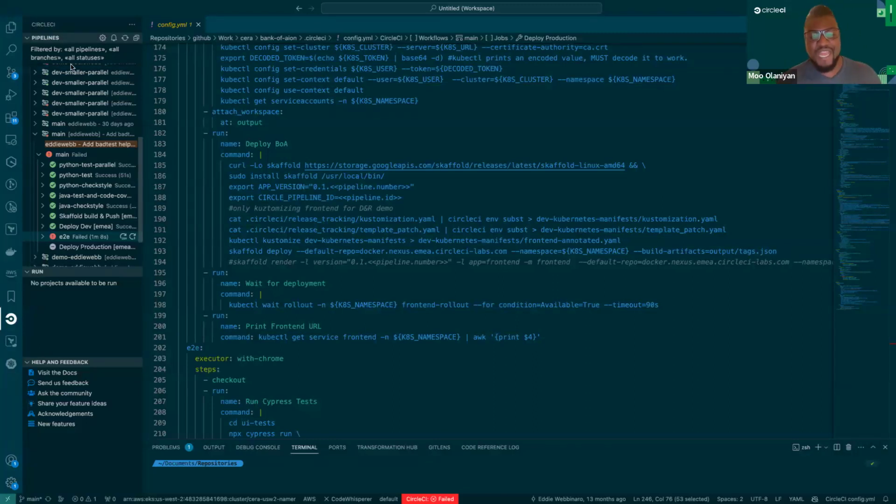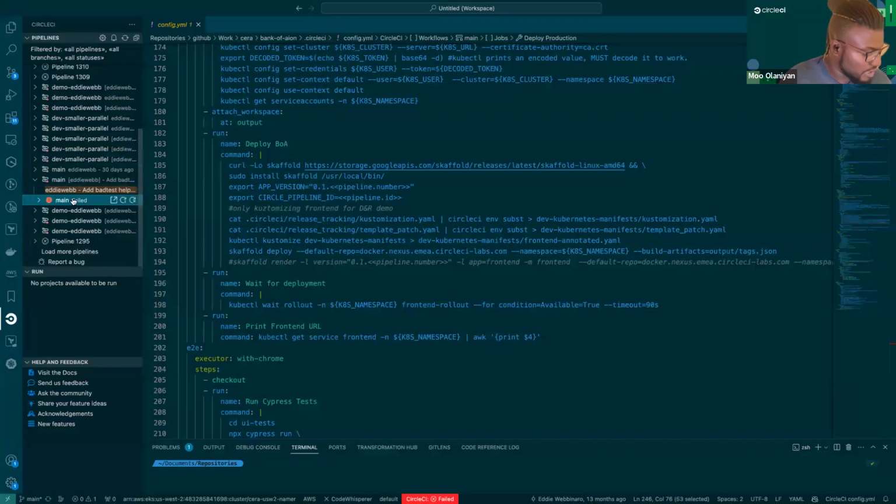And so what the plugin does is it analyzes all the CircleCI workflows, and every time a commit is made, we can actually see those workflows kick off and execute in real time in this panel on the left. So I'm going to hop into a particular example here. You can see that this particular workflow says it failed, right?